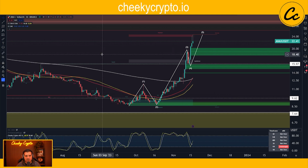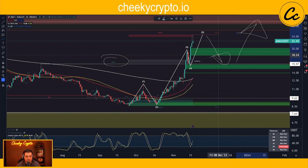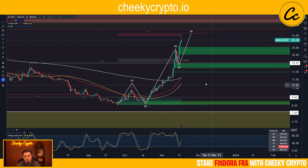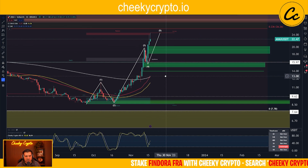And smart money concepts is telling us that we've only just had a change of characterization, meaning that normally you would expect a retracement and then another break upwards if you're to continue it. This is pretty much aligned to my thinking generally on the space at the moment. I am looking for corrective action on many of these projects, and